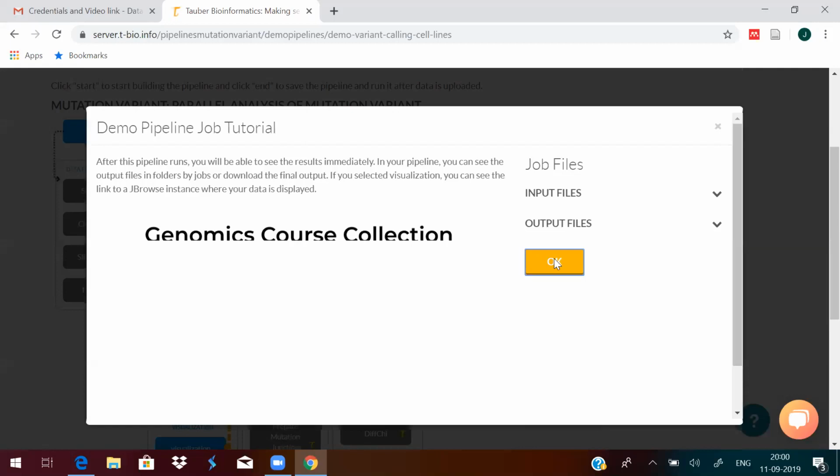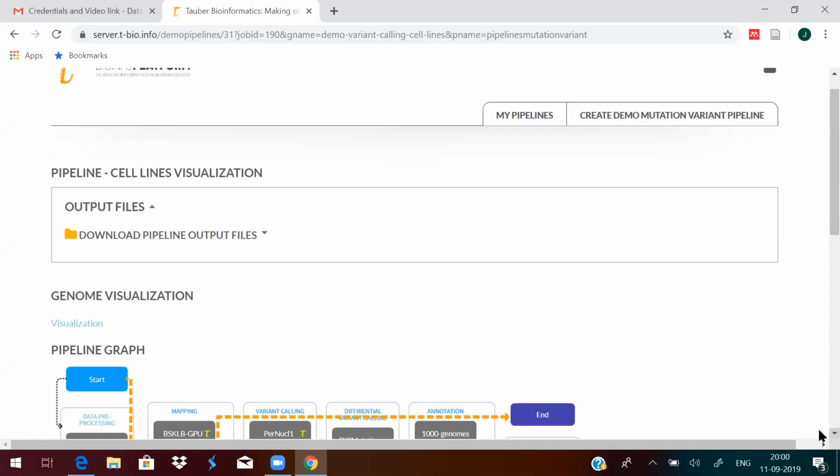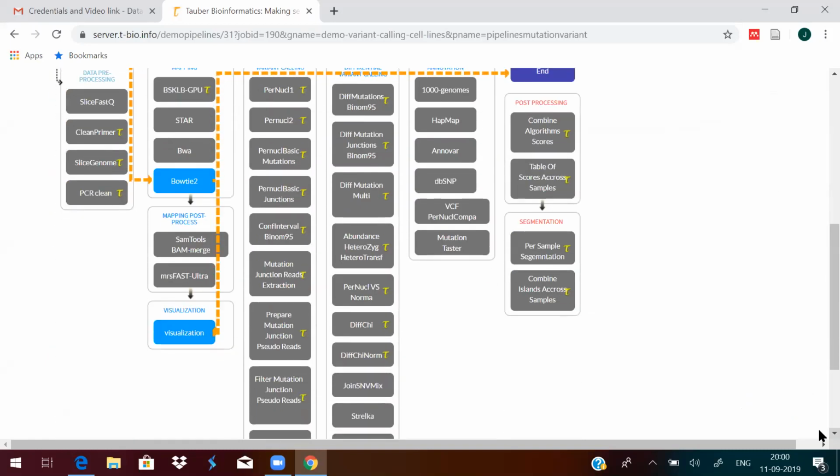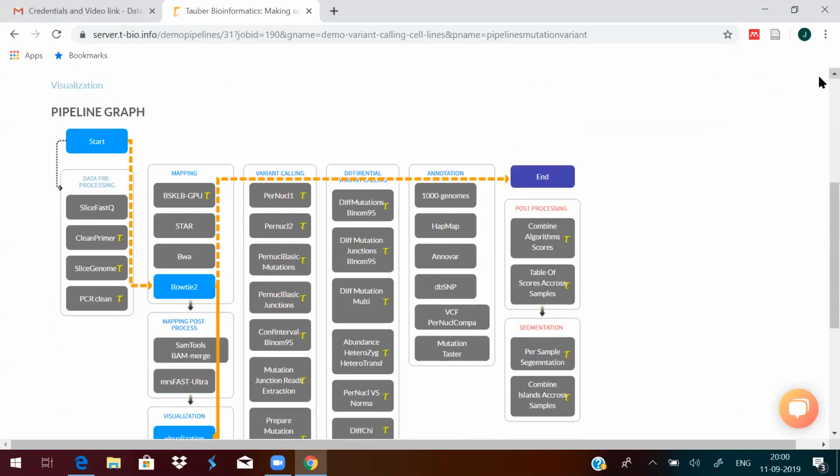See, now your visualization pipeline is complete. Go down a little. See, this is the pipeline that you run. The pipeline you just ran, this is the pipeline you ran. What did you do in it? Nothing much. In this, your